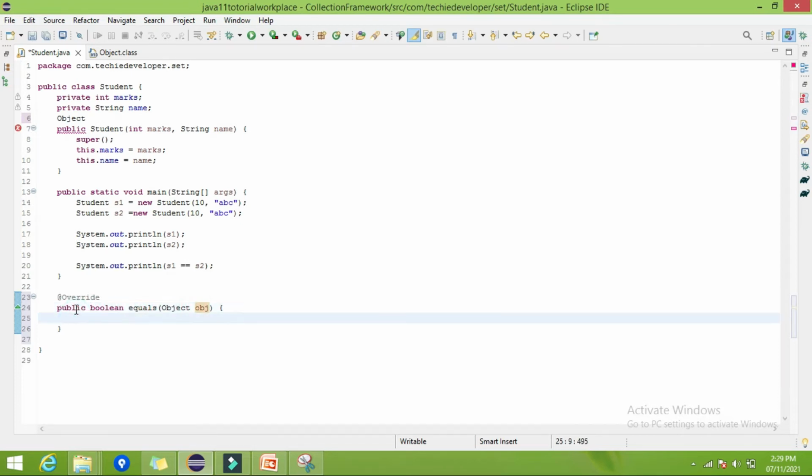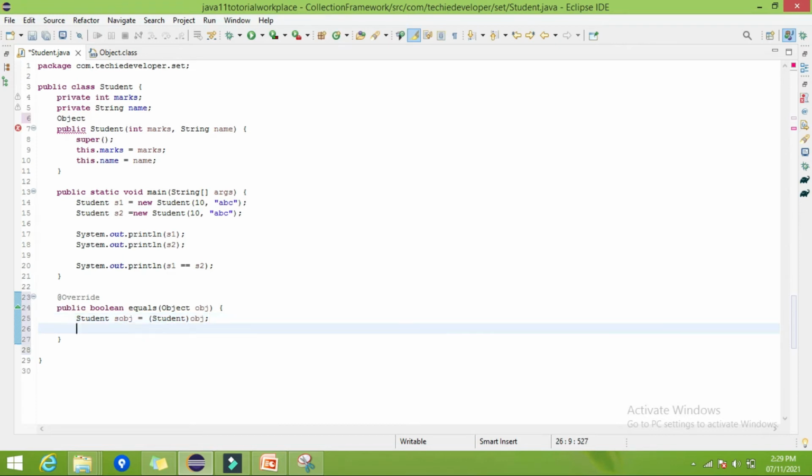Now here we have to write our own logic. First, we have to typecast to Student. Let's give the name as s object, that is the student object, is equal to the typecast of this object into the Student.